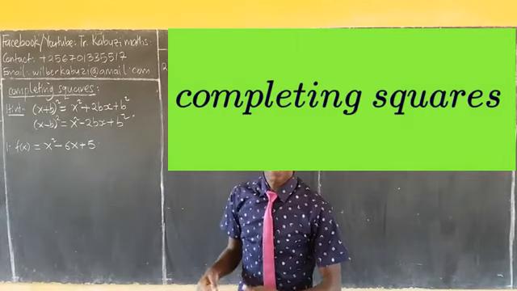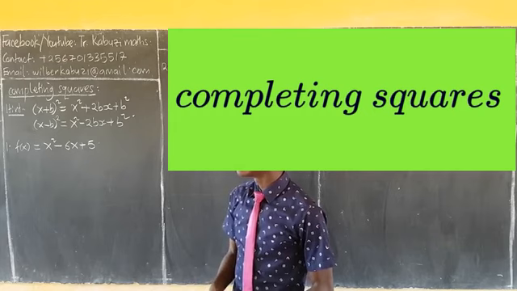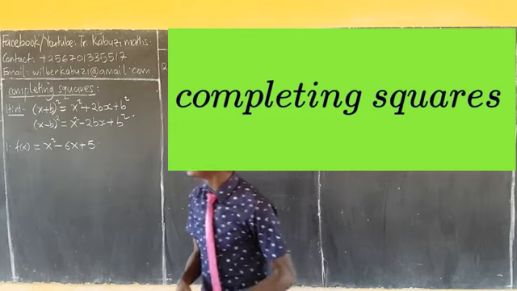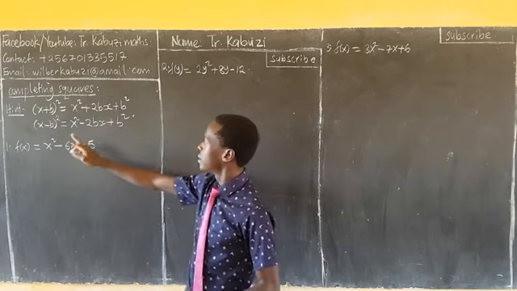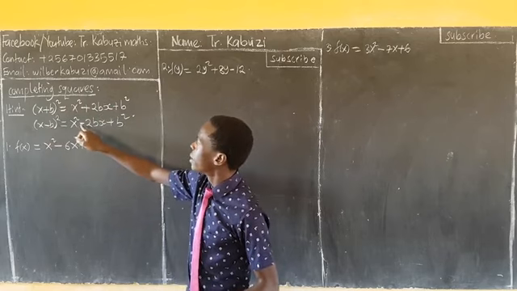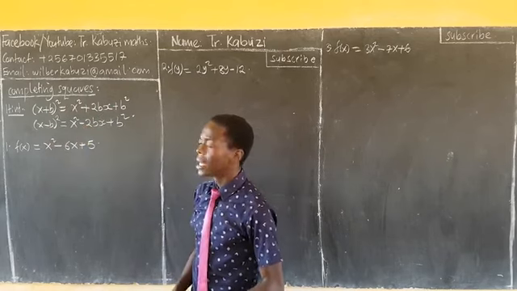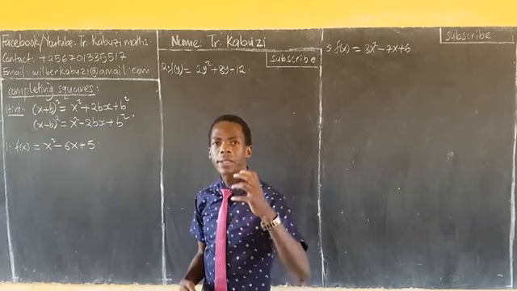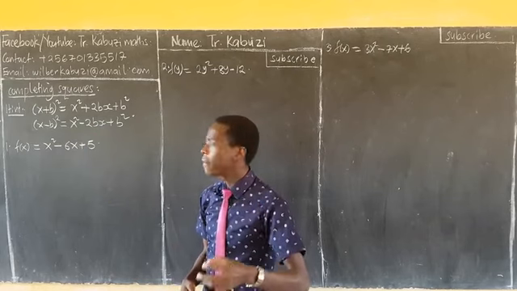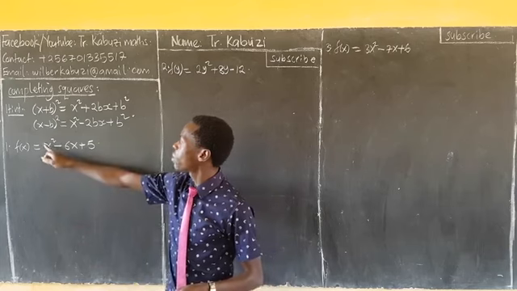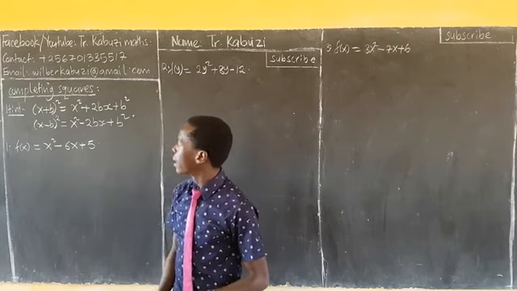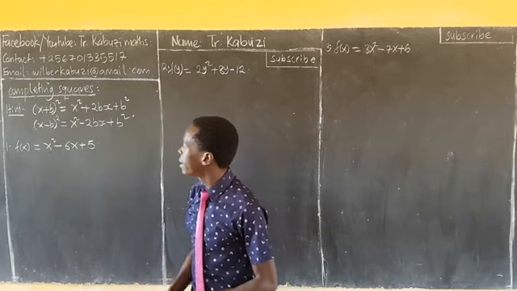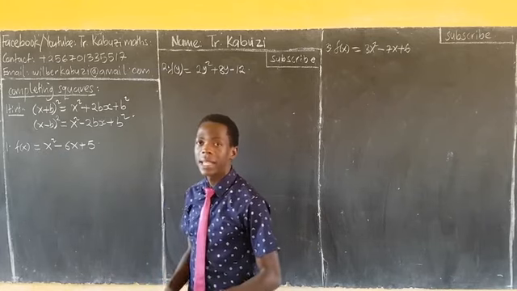Today we are going to see how to use completing the square for a quadratic equation. This is how we expand it, and if you have it as a negative, the only thing that changes is this. Now, we only complete squares if the coefficient of x squared, or of the highest power 2, is 1. When you check the function we have, it's already 1, so you can start